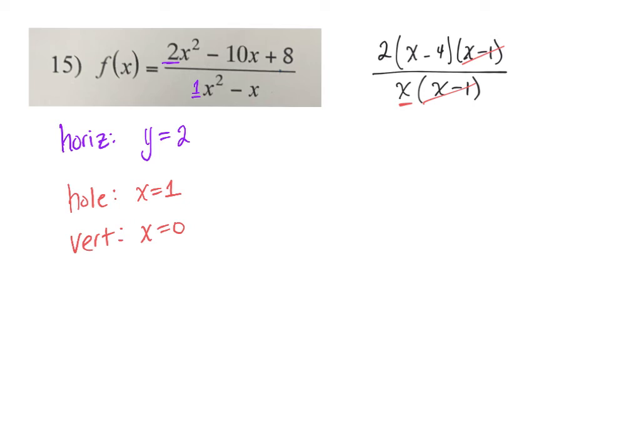All right. Y-intercept is where my x's are 0. So for y-intercept, I simply plug a 0 into all my x's. So I have 2 times 0 squared minus 10 times 0 plus 8 over 0 squared minus 0. What's the problem? I can't divide anything by 0. And so the problem is I have actually already determined what happens at x equals 0. I've already told you that's a vertical asymptote. And so if I already have a vertical asymptote at x equals 0, there cannot be a y-intercept